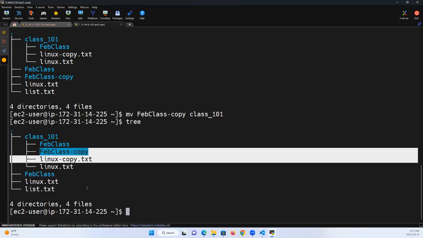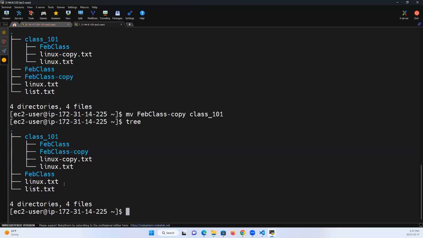So let me quickly touch a file. Let's touch a file. Actually, instead of touching a file, let's just go ahead and run a command. We've seen the mv command. Now there is the file command. File is a command. File is used to display the type of a file based on its contents. For example, let's say